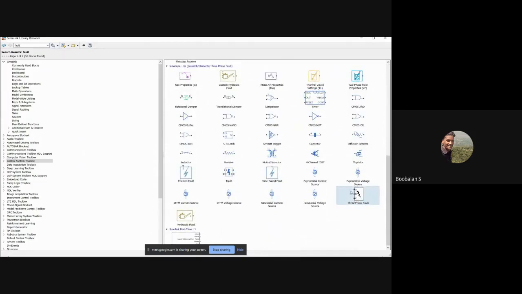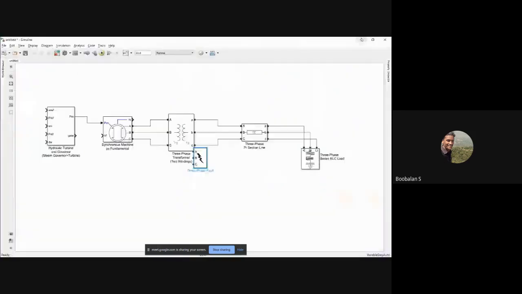This is a Simulink block function. It implements a short circuit between any one phase and ground. We have the R, Y, B phases. If I connect this block, it will implement a fault on any one phase, connecting it with ground. That's why we're going to use this three-phase fault block.